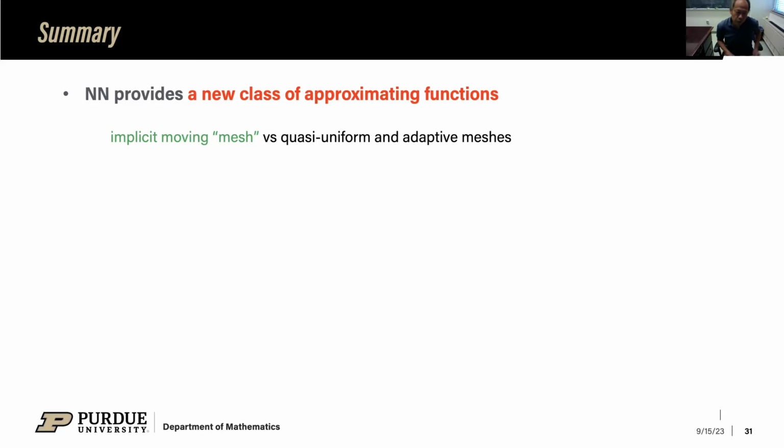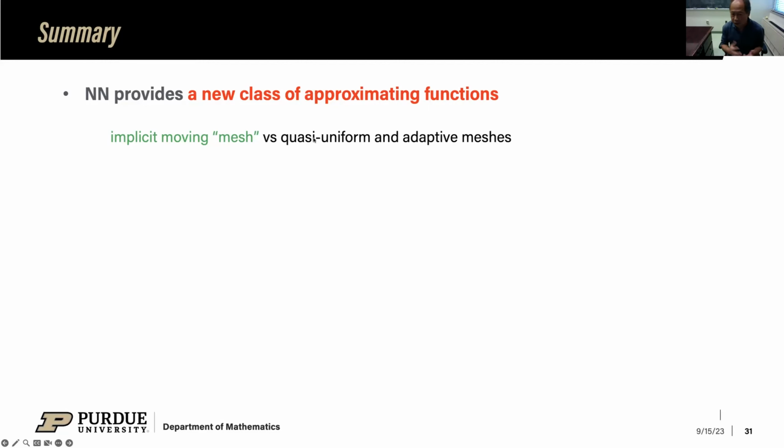Okay, so we really deal with something. We have a new class of approximating function. We still don't understand it well, but they have wonderful properties. They basically can move the mesh, right? The mesh is not artificially man-made. It's more dictated by the original functions. So we can think about this as the moving mesh